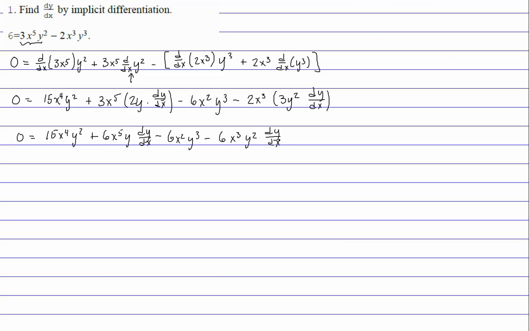And now the thing you gotta be very mindful of is to locate your dy by dx. And this is why I like writing dy by dx rather than y prime, because they're easier to locate. So you're going to add and subtract things in order to keep dy by dx on one side. Usually we like it on the left, but today we're going to leave it on the right because they're already on the right. So what I'm going to do is I'm going to send this guy to the other side